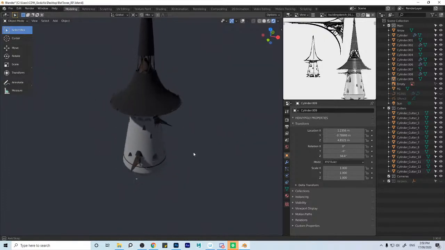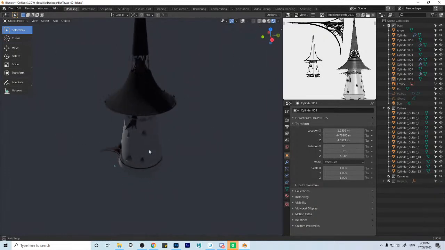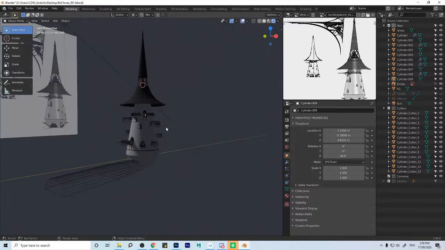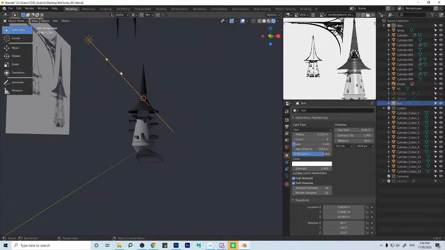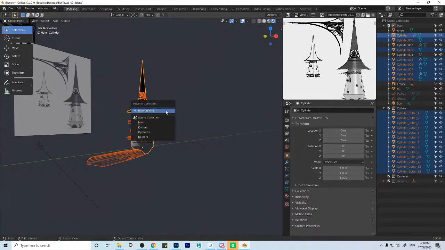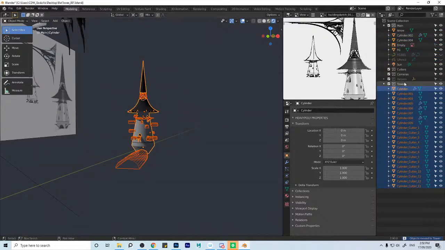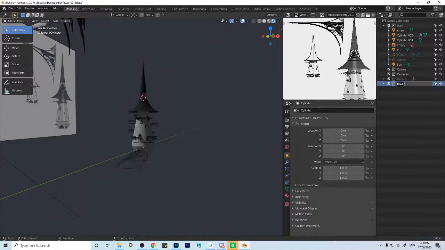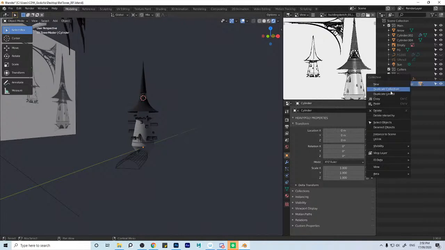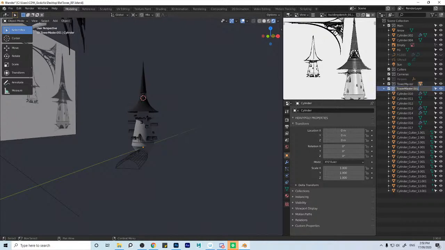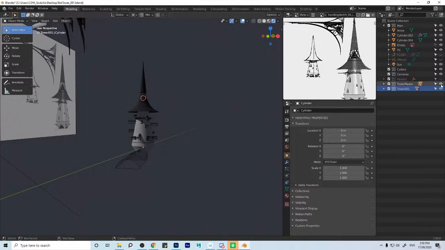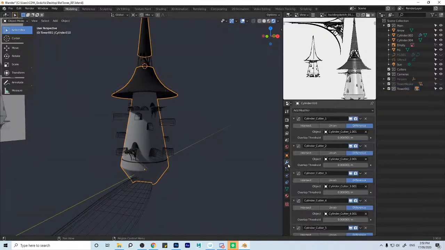And then yeah, we're kind of getting there with that guy. What I'm gonna do is let's just move our sun out of the way. Let's grab all of this stuff. Let's put this in its own little collection called Tower. Actually, let's call that Tower Master, and then we will duplicate that collection. Just call that Tower 1, like that. Hide the Master one, and then with this, I'm just going to go through because now we're at